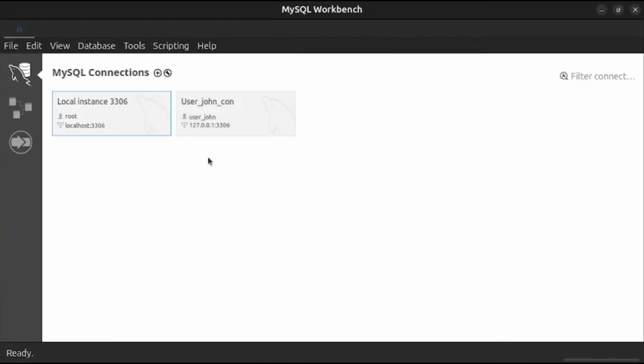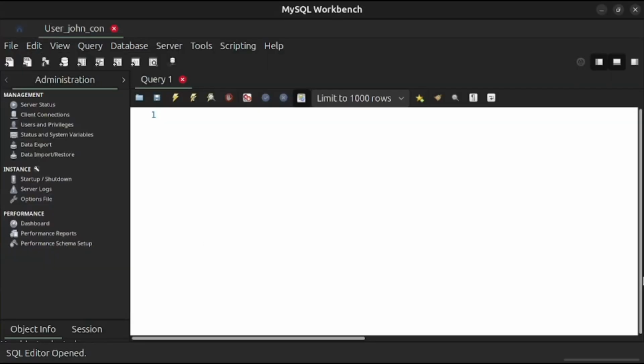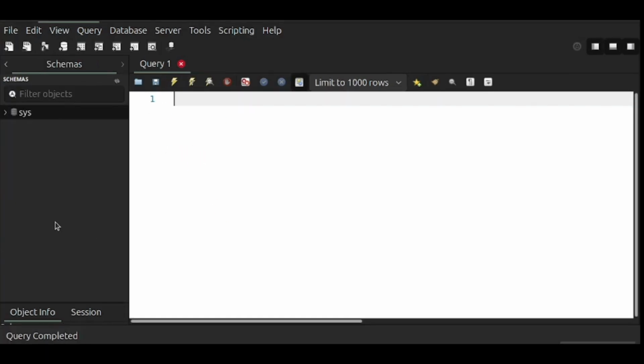Then you can click there to go to MySQL Workbench. This is the MySQL Workbench interface for the user we've created, and our connection name, user John Con. This is where you can create databases, create tables, and run queries using this interface. You can start creating a new database. Create a database called FirstDB. I'll execute by clicking on